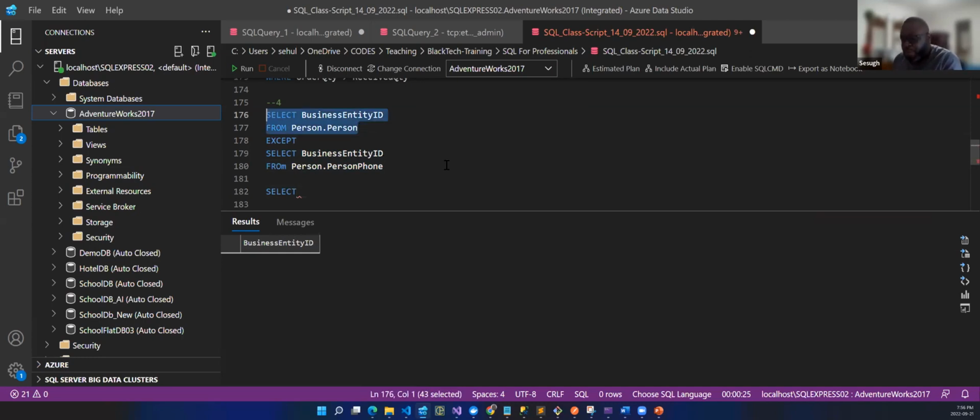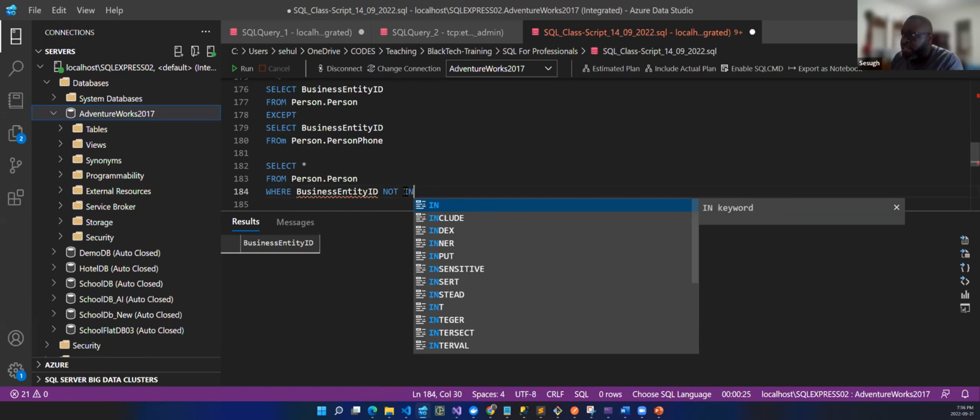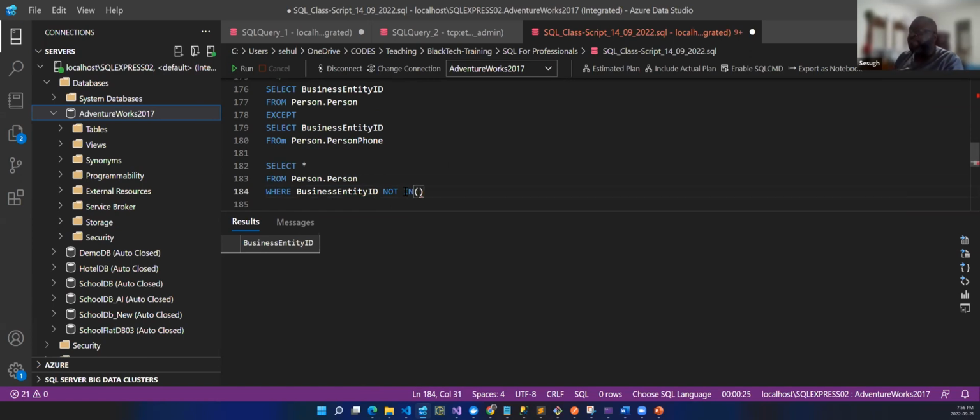Let's say we want to find people, can even do, let's say an asterisk. In the case now they say, okay, find people who do not have in their business information or who do not have a phone, for instance, right? So I can come to select person asterisk from person.person, right? Where business entity ID, you can use include and you can use not in. Remember the include we talked about